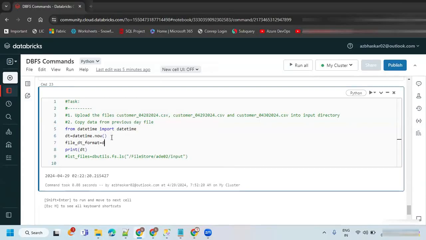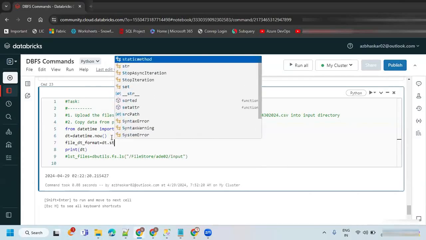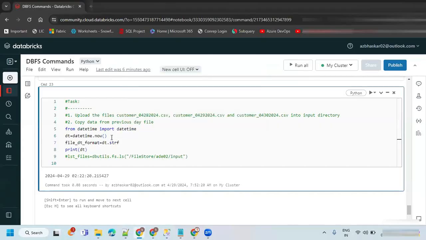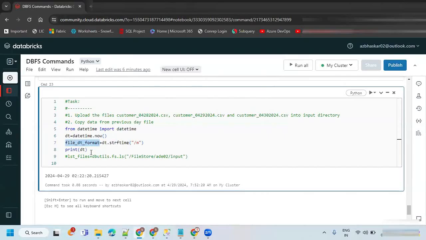So I'm going to use dt.strftime, string format time. Here I'm just going to take %m. If I take only %m, what is it going to print? Just observe.